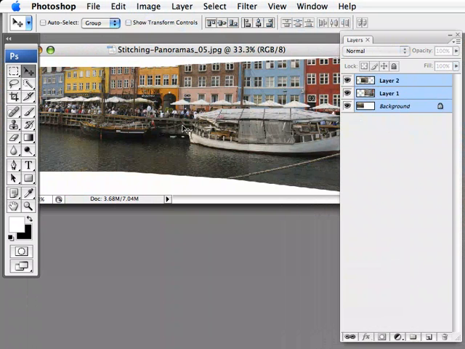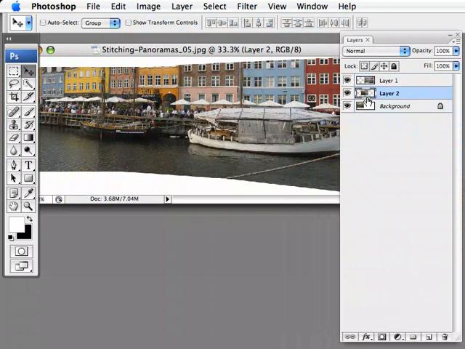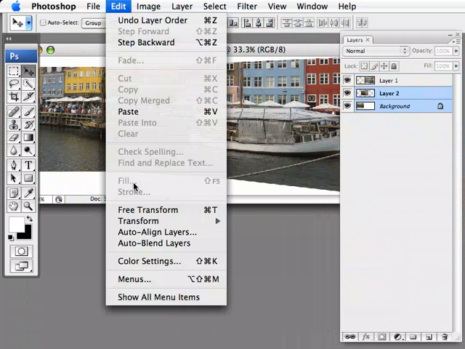Now let's take a look. You see how we have this harsh edge right here. If I work with this top panel here, which is actually the central one, and then let's see here. Actually, if I want to work on that edge, let's try moving this down. Yeah, let's work with this layer and this one right here and deal with that edge right there that you can see. So if I shift click to select these 2 layers and I go to Edit Auto Blend Layers,